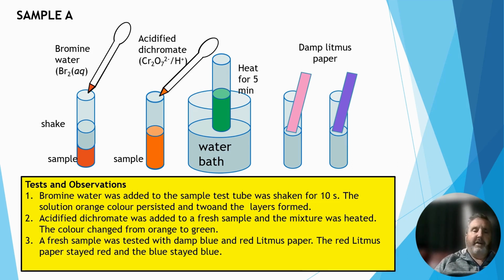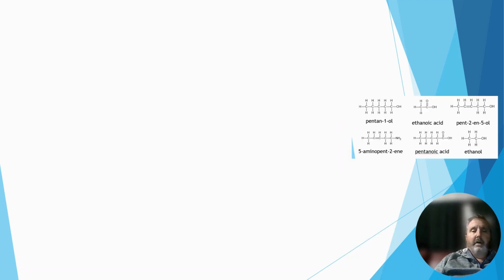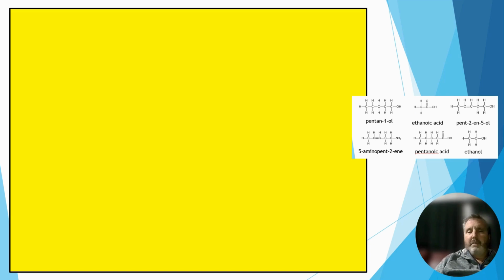I've written down my observations here. This will be the first part of our report, would include what I have written down in the yellow here. The second part is justifying. So if you can remember,